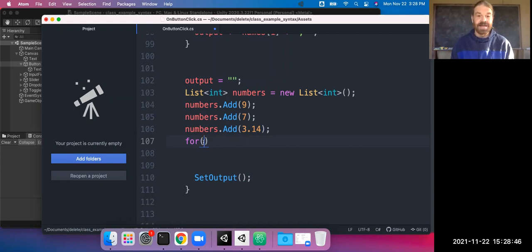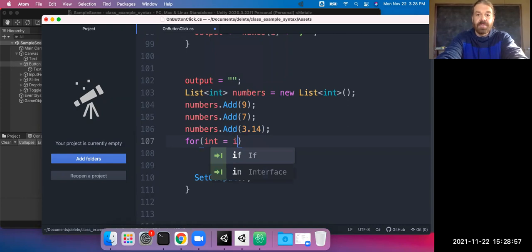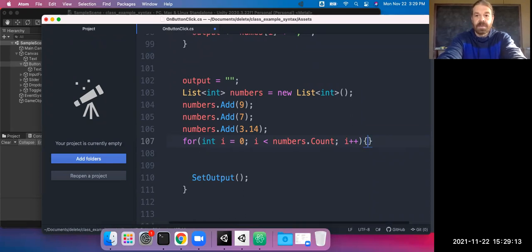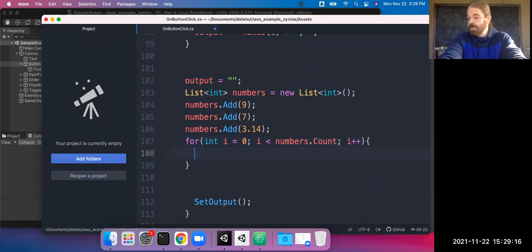Y'all have seen that before in class. I like to throw the error messages to see how to fix them instead of just seeing the final correct result. So we'll loop through it by setting up a for loop. Whoops. For an integer, we'll call i, assign a value of 0, while that's less than numbers dot count. Keep incrementing that index. And then inside curly braces, we'll just